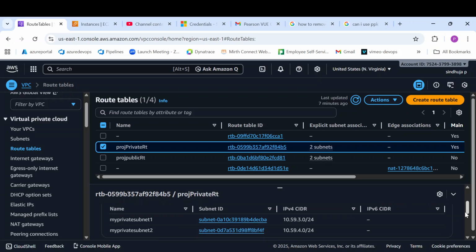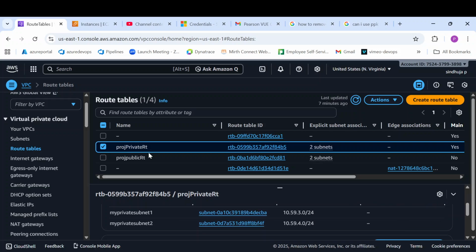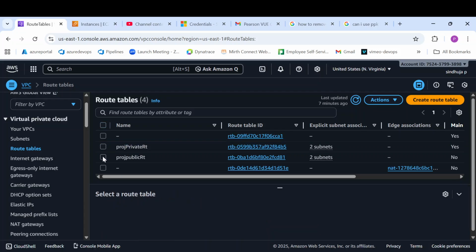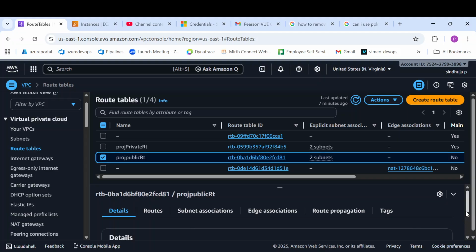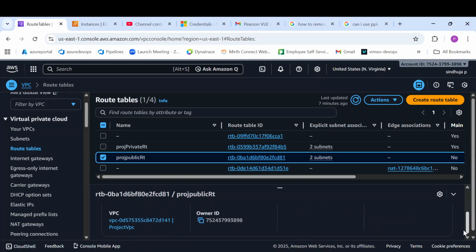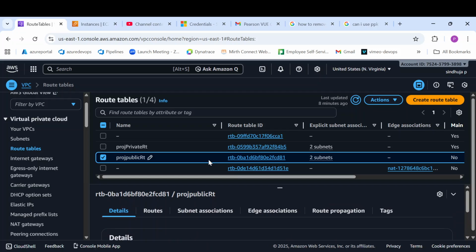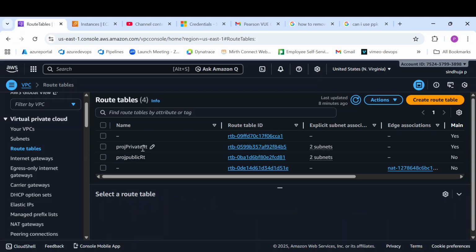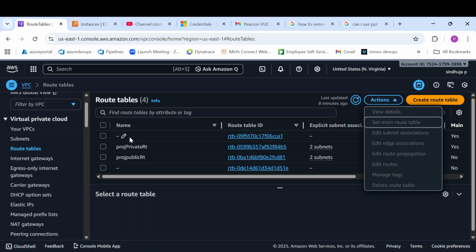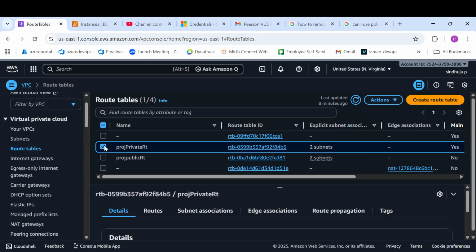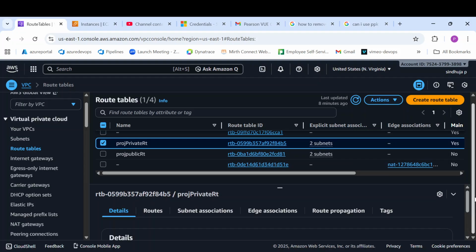Okay, so my private routing table is associated with private subnets. In a similar fashion, the public routing table is associated with public subnets. And the routing can be controlled via the routes that we have added to this routing table, right? So when you go to my public routing table,